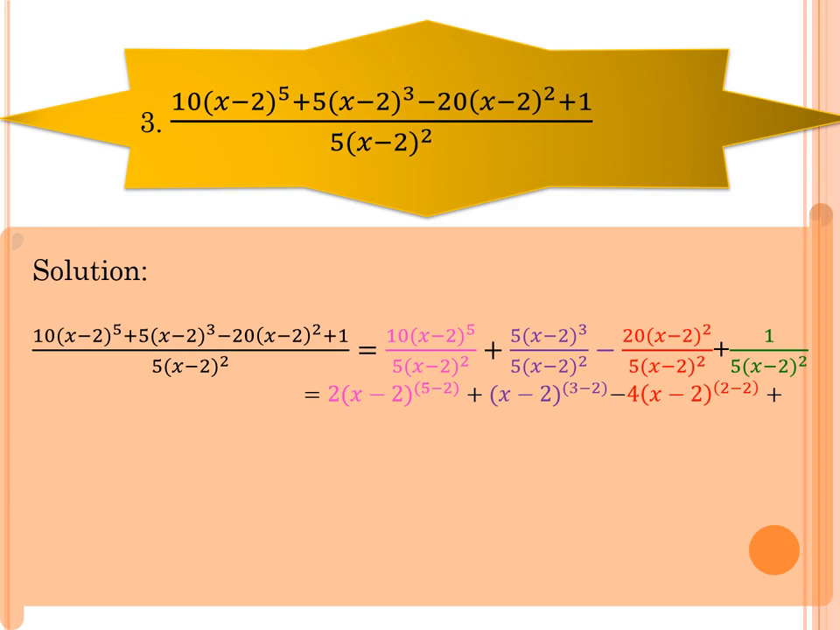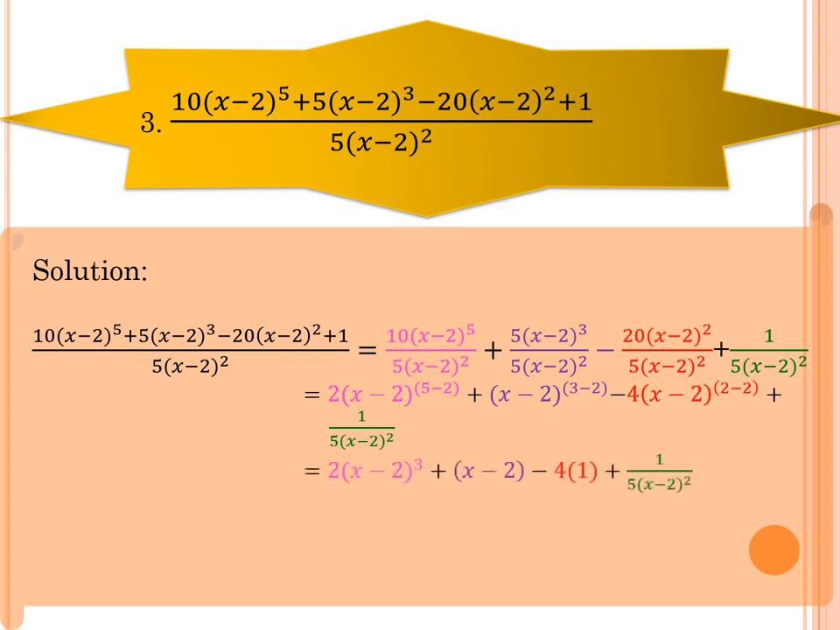Okay? For the next term, 20 divided by 5 is just equal to 4. And since the same ang base nila, si x minus 2, quantity to the power of 2, then we will just going to subtract their exponents. So that's why we have negative 4 quantity x minus 2, quantity to the power of 2 minus 2. Plus, okay, copy lang natin yung last term. Then,